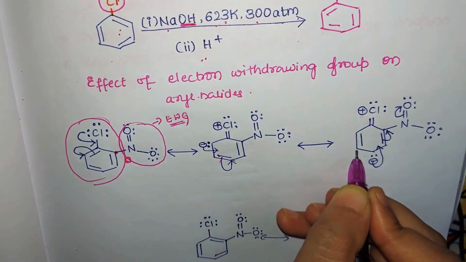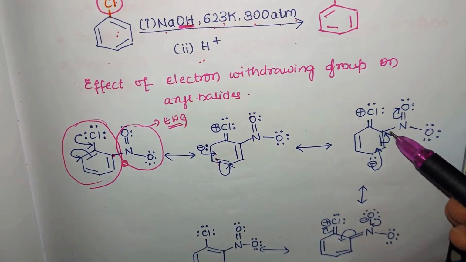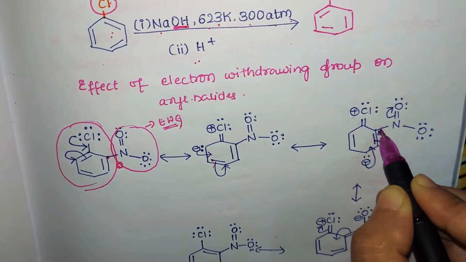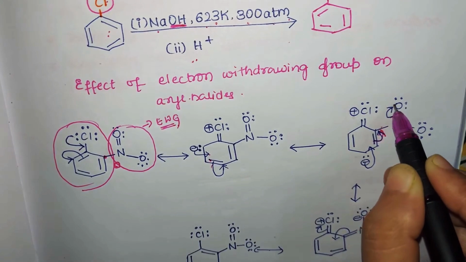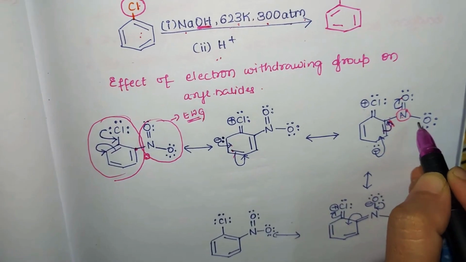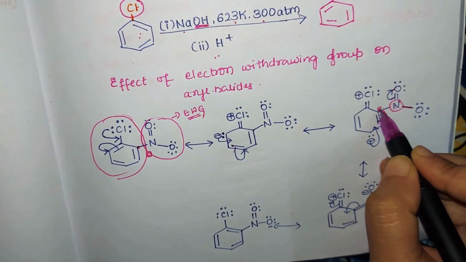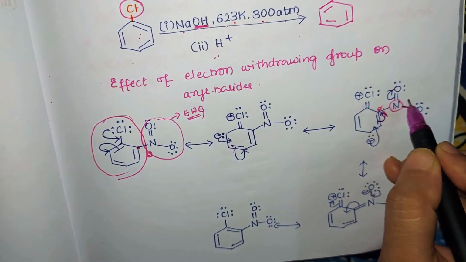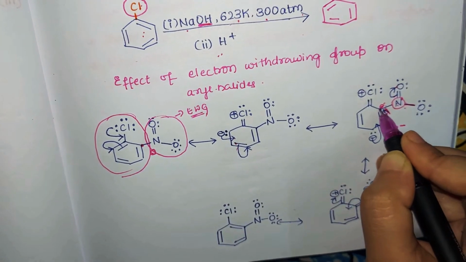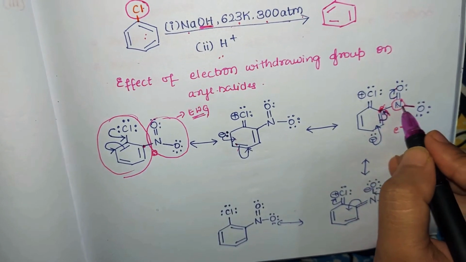So when it comes to the third structure here, what do we observe? The electron pair goes towards the nitrogen atom, and nitrogen gives its electron pair to oxygen. That means what? The electron which was supposed to be at the ortho carbon atom is taken by which group? Nitro group. That means it is taking the electron towards itself. The electron moves towards the nitro group. Nitro group is an electron withdrawing group. So when the electron moves towards the nitro group, the electron density on the benzene ring decreases, and thus the incoming nucleophile can easily undergo which reaction? Substitution reaction.